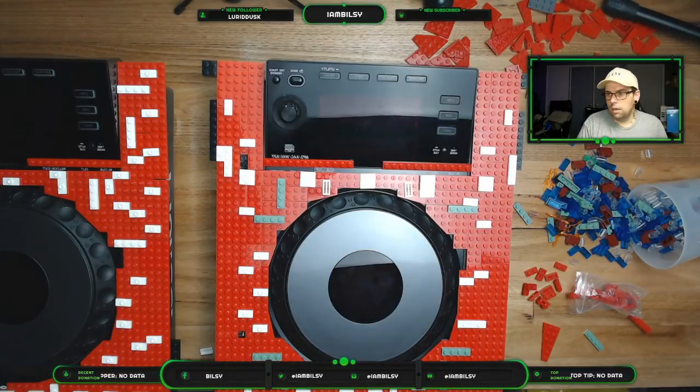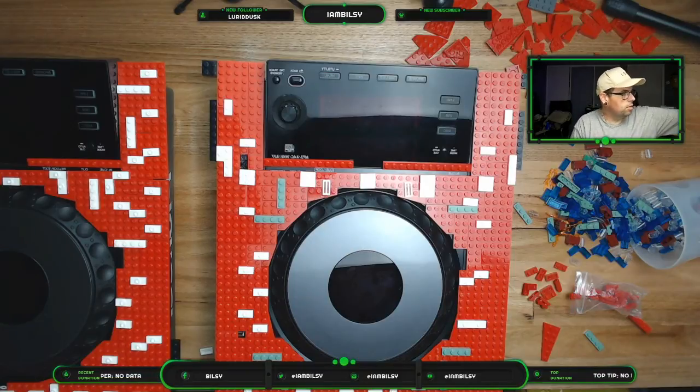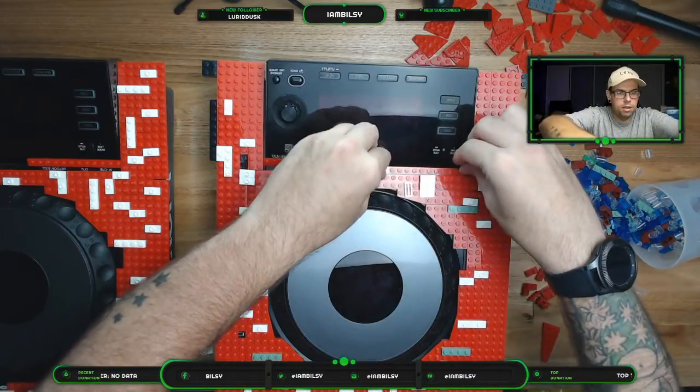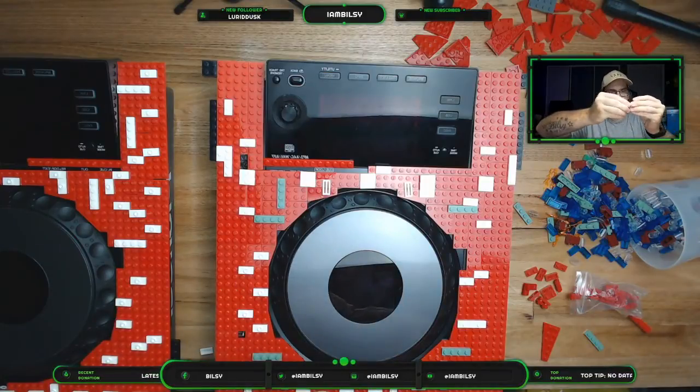I wonder if I just use a really long, like 1x8 and mask it underneath. And then, no, it's alright. I know what I'm going to do. Because to keep it separate, don't worry, I'm just thinking a million times at a speed of a million in my head. Because I want to lock one to one, you know what I mean? And then lock one to the other. I don't want to lock them together because that's just...